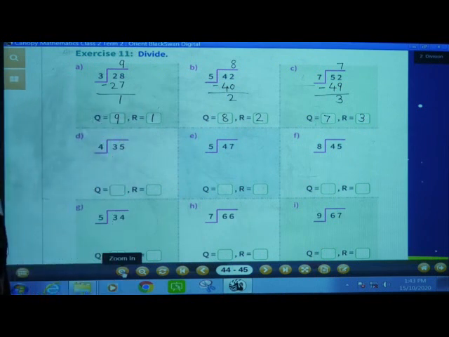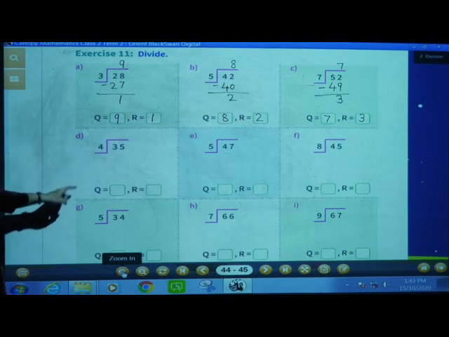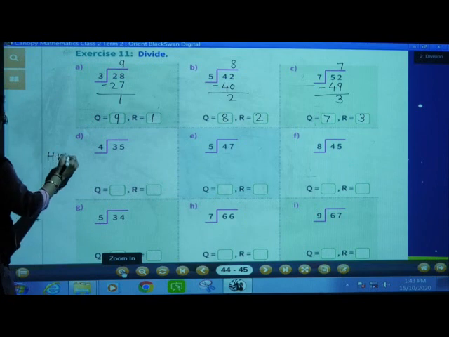Understood, students? Now the remaining 2 rows will be the homework. You have to do them on your own. Okay? So students, I hope you understood the concept of division with remainder. And in this session, we have completed exercise number 9, 10 and 11. The remaining part we will see in the next session.